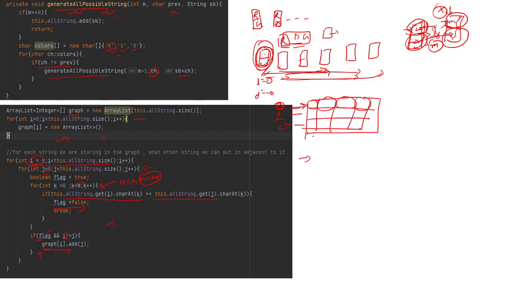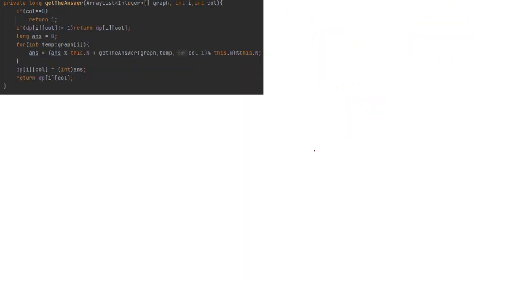Now finally we have to just traverse the grid and find out what all the answers are. So how we are doing that is, see here, get the answer. We have provided the graph, and we have provided the initial value, as in we are starting with the 0 1.